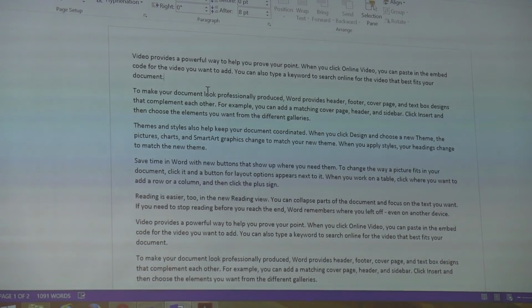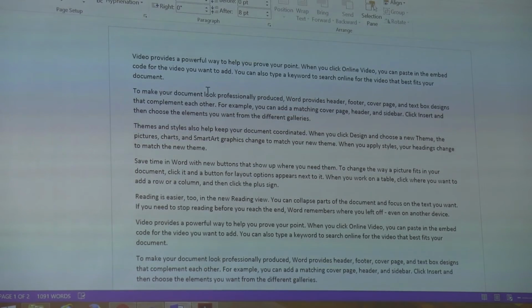So let's say this is your document that you've been working on, and you want to put it into the template. What we found is a big help to do that is before you copy and paste it, adjust the margins of your source file to match the margins of the template. And then you can select all and paste, and it just works better.